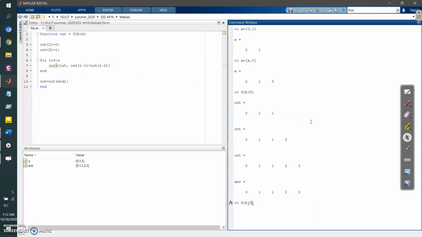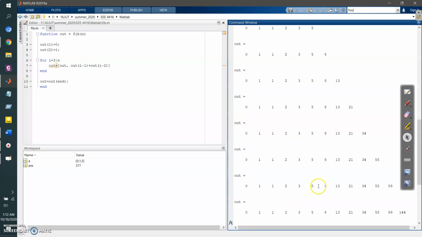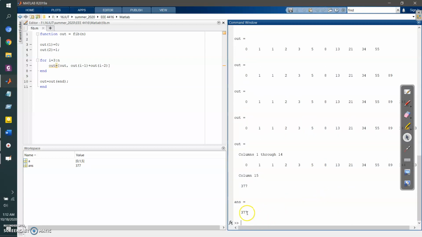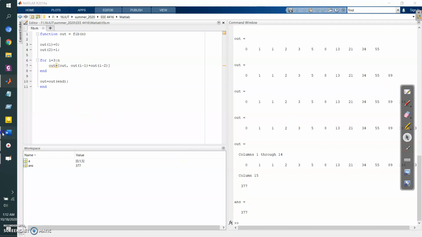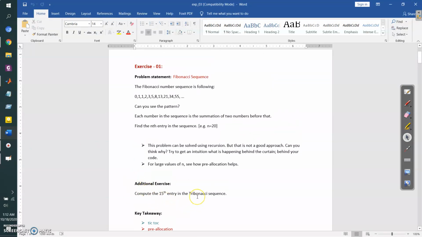So for example, if I want to find the 15th element, it is 377. Okay, so 377 is our 15th Fibonacci number. I believe you got the idea. And there is another one in the exercise that is called the Fibonacci sequence. The Fibonacci sequence is quite the same. Please search Wikipedia or Google to see what the Fibonacci sequence is and try to do this by